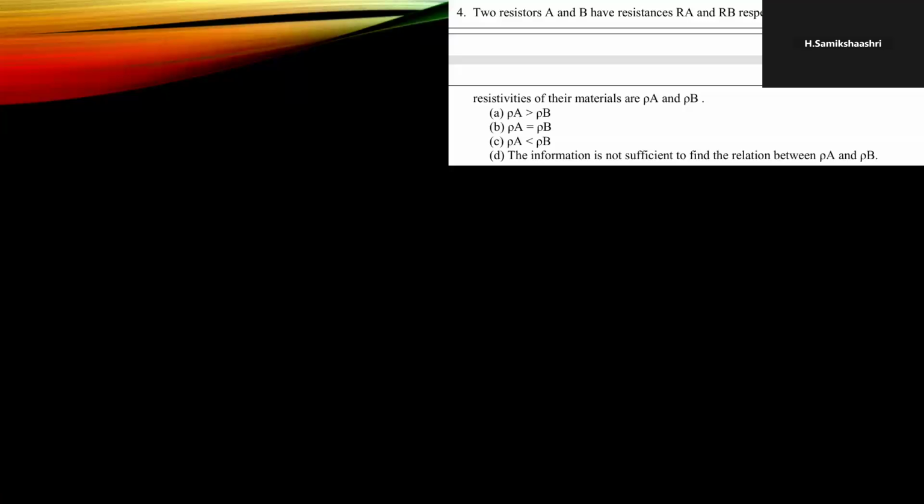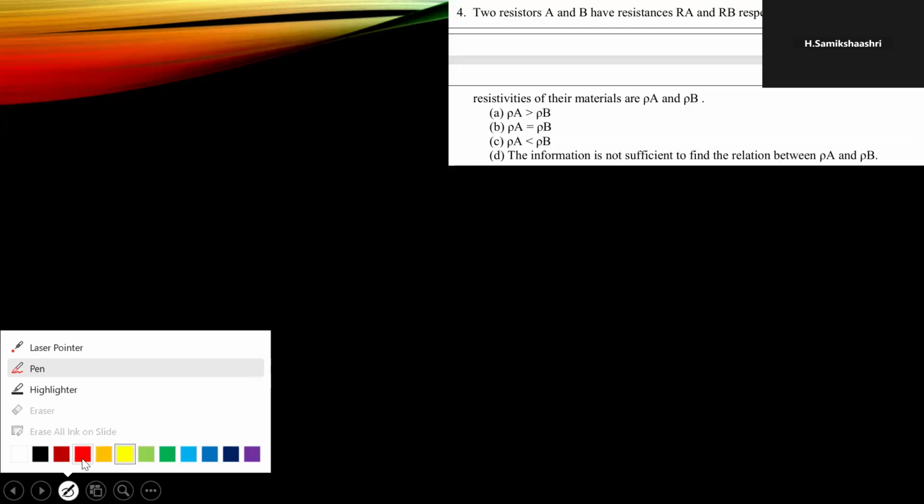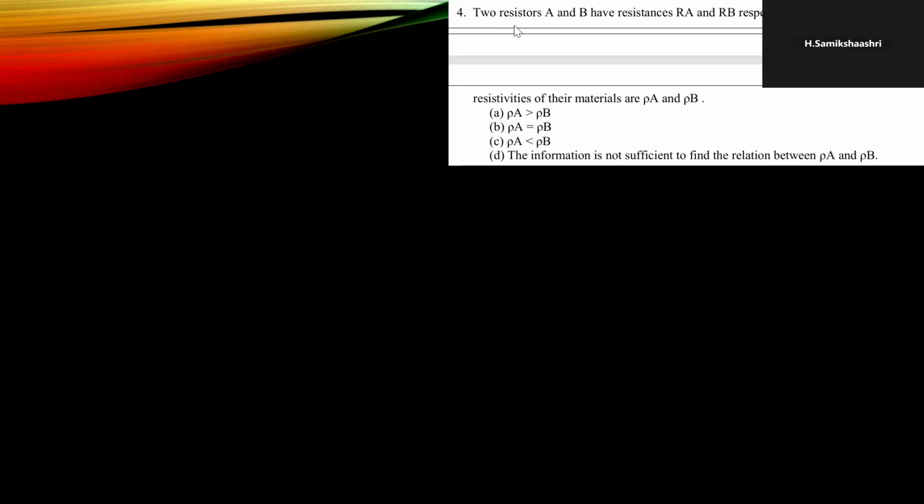Now see this question. If you read it carefully, two resistors A and B have resistance RA and RB, and it is given that RA is less than RB. The resistivities of the materials are rho A and rho B, but nothing is given like whether two resistors A and B